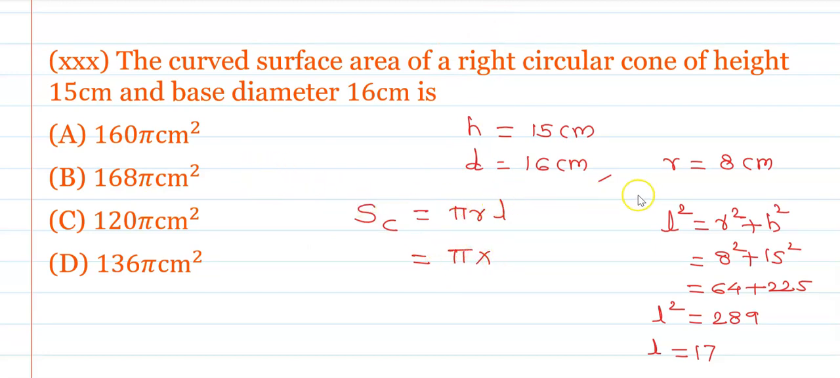The value of R is 8, L is 17. Okay, and therefore the S suffix C is, that is equals to 136 pi centimeter square. Therefore the option D is a correct one. Therefore for the 30th question, the option D is the correct one. This is the curved surface area. Now the next,